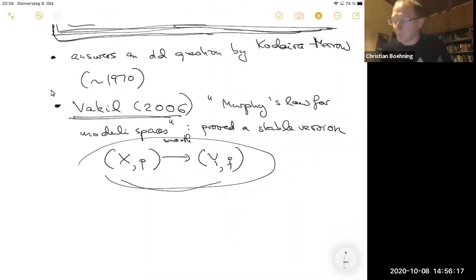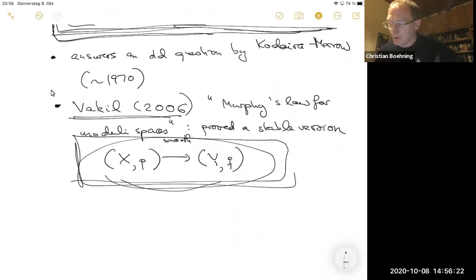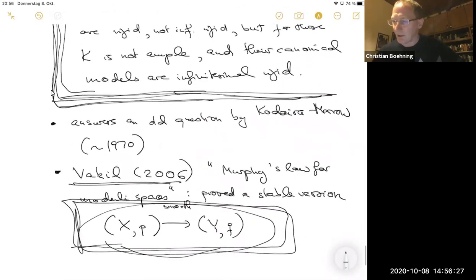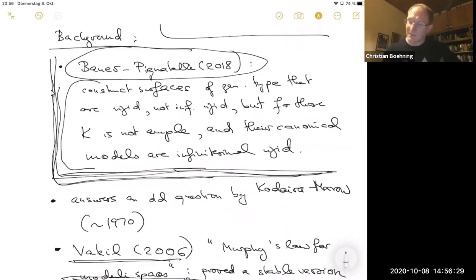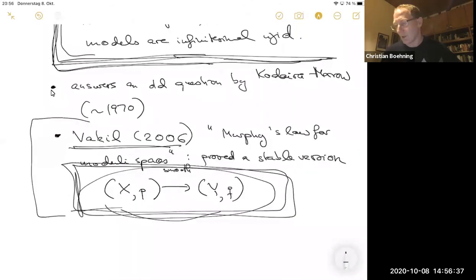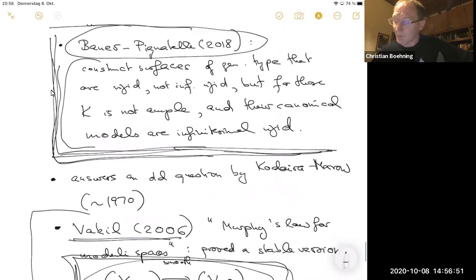But of course, what this means is that you always have to take into account the possibility that you may have to add some number of parameters. So you never get really rigid examples if you do what Varkey does. Yes, because you can never be sure, you may have to add some parameters for his methods to work, and you can't get down to dimension 0 in this way.